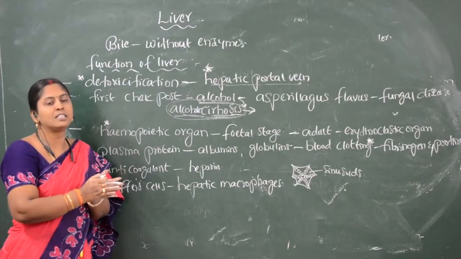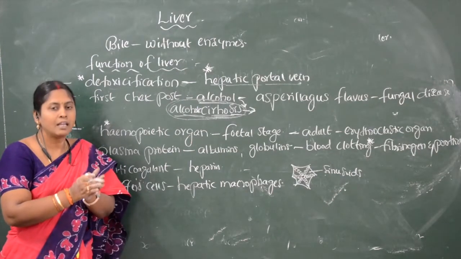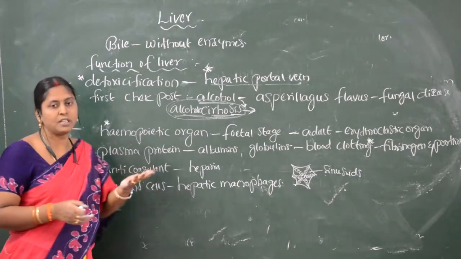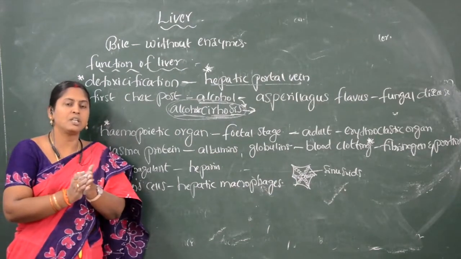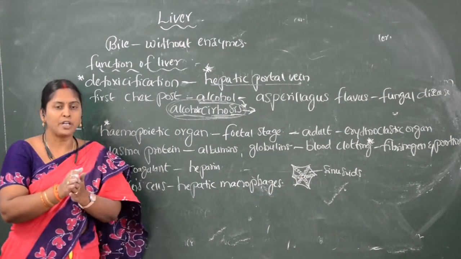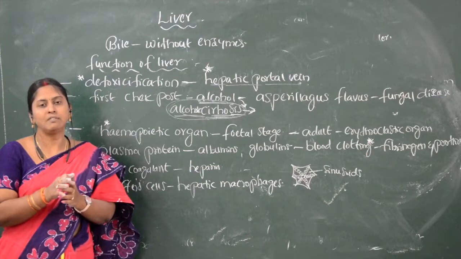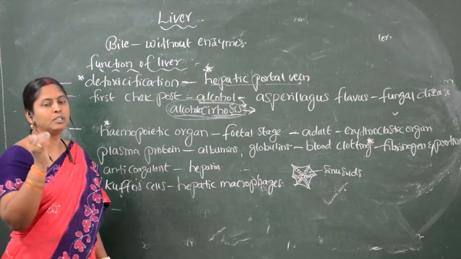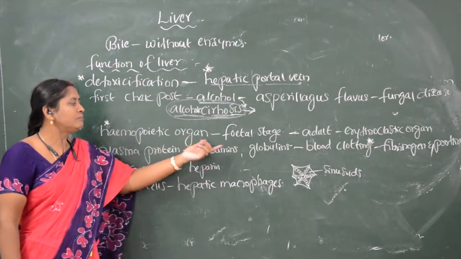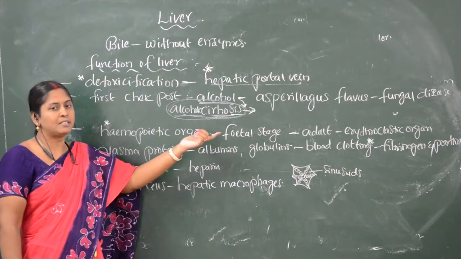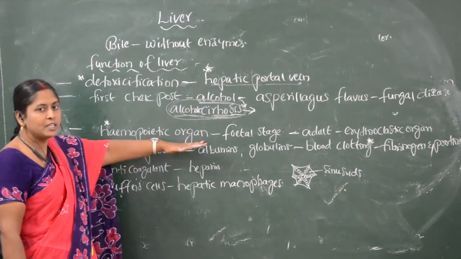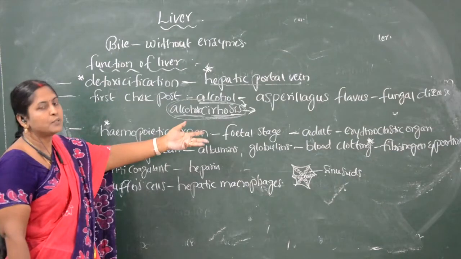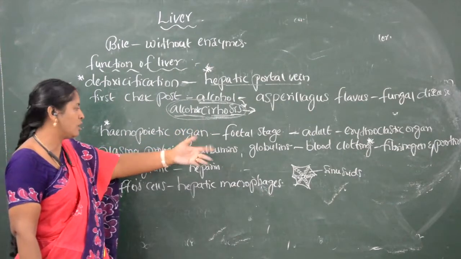Because of that fungal disease, sometimes the liver gets cancer. Another function is that the liver plays an important role in the production of RBCs. We call it a hemopoietic organ during the fetal or embryonic stage. In adults, RBCs are destroyed after 120 days. That is erythroclastic, so the liver also acts as an erythroclastic organ.